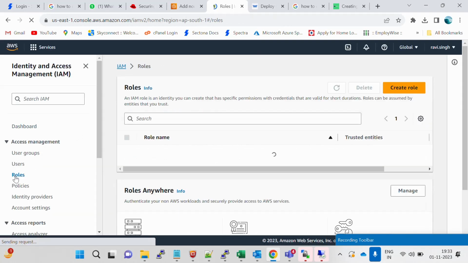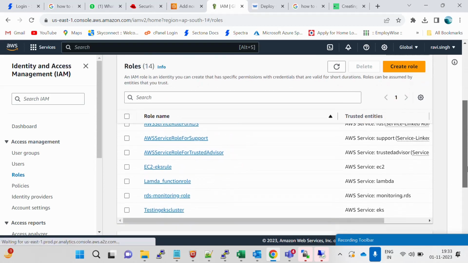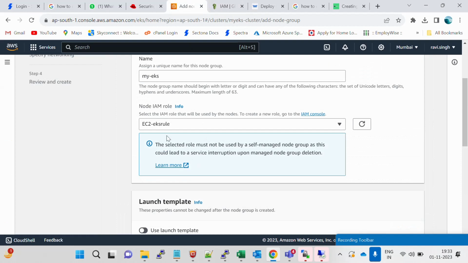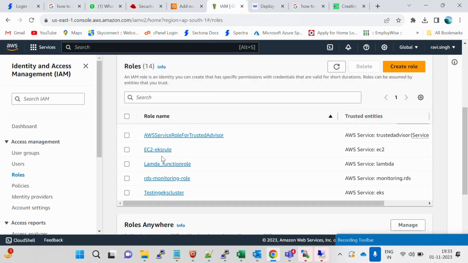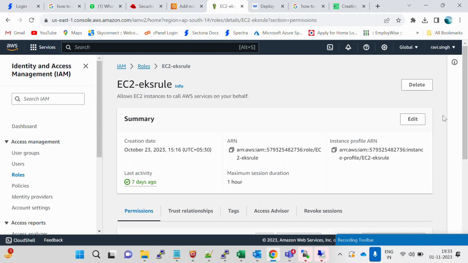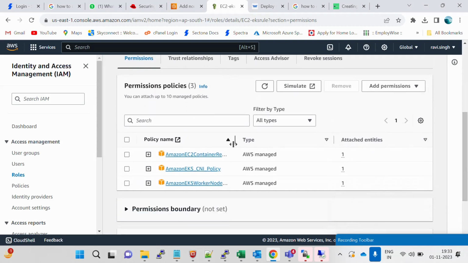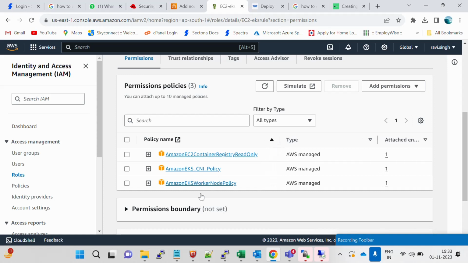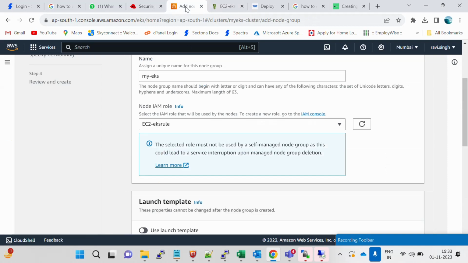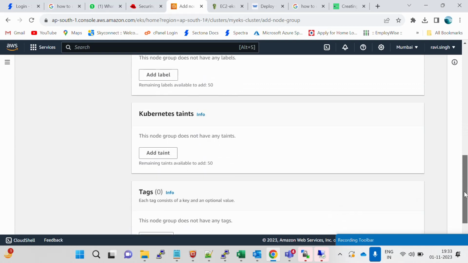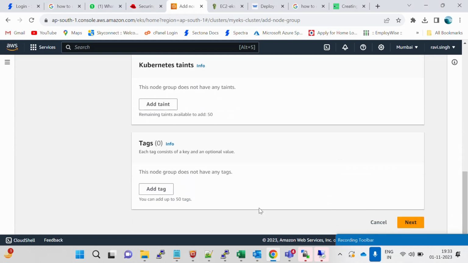click on roles. This is the role name, EC2 EKS role. Okay, click on it and I'll show you these are the three policies we have to add: Amazon worker node policy, Amazon EKS CNI policy, and Amazon EC2 container registry read only. So we have to create a new role and add these three policies. Okay, so I'm choosing here and click down here, click next,